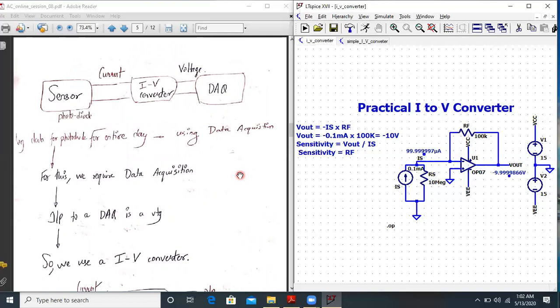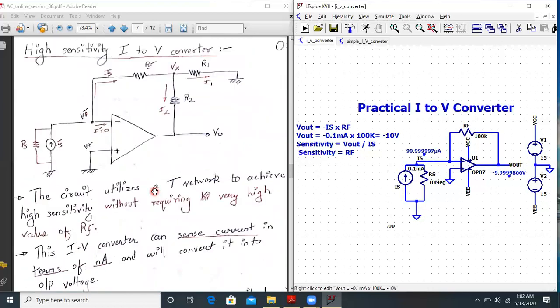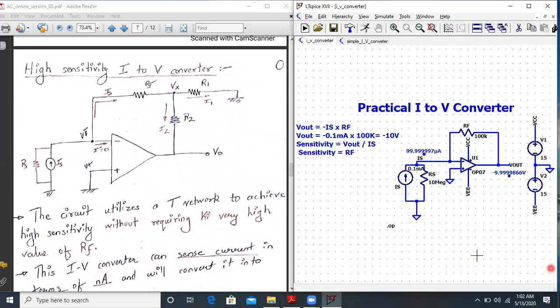Now let us address the problem of the weak sensitivity of this practical I to V converter. This is the limitation of this I to V converter, that the sensitivity is not so high. Now let us look into the circuitry. This circuit is called a high sensitivity I to V converter.